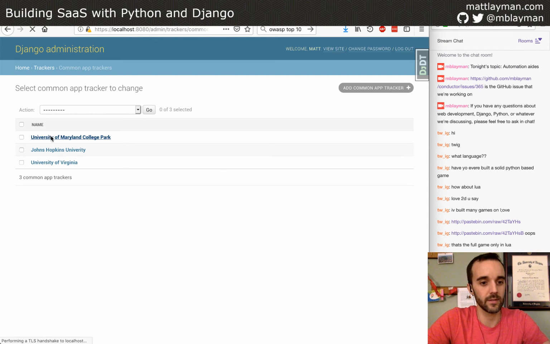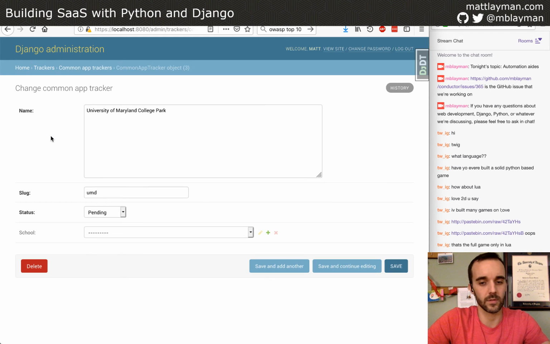I would click it, wait for the page to load, which wouldn't be this long because there's SSL issues with localhost. Don't worry about that. So it would have been reasonably fast to load it. But then I'd come in here and I'd see, okay, I need to change the status to tracked. So there's a few seconds. And then I need to connect a school.